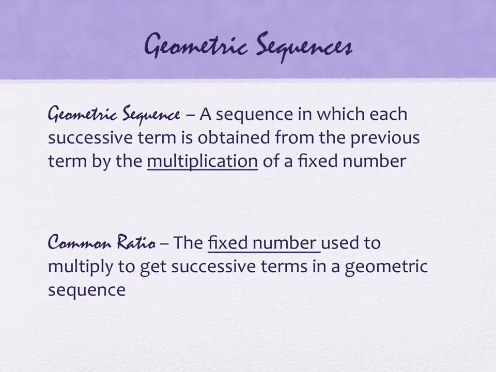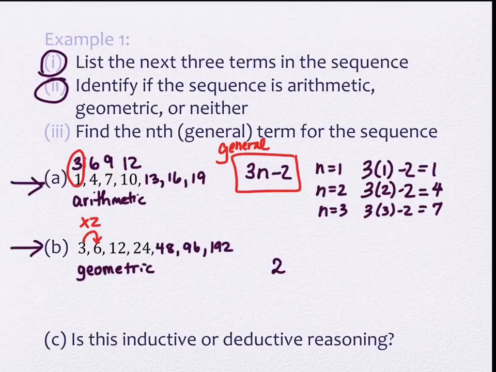It's a common ratio. The number you multiply multiple times. It's also a fixed number, but fixed just means it doesn't change. It's the common ratio, okay? So we take that common ratio and we raise it to the power of n